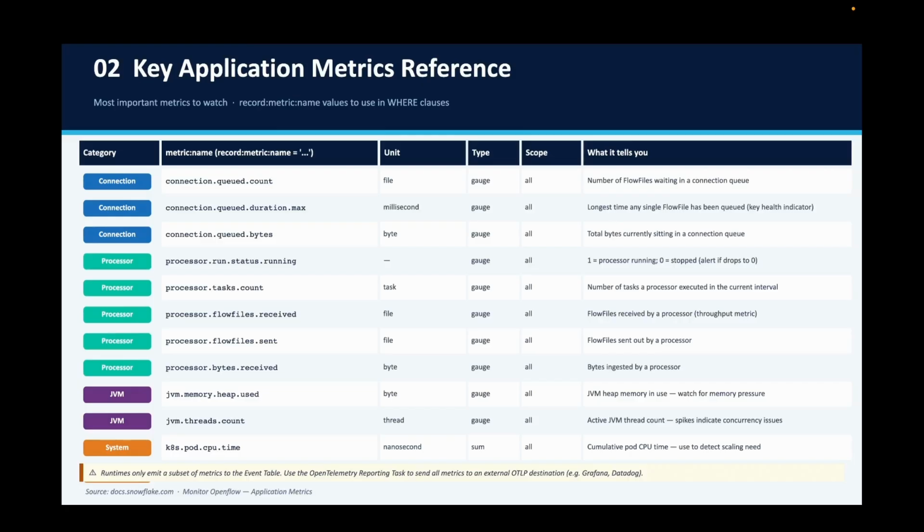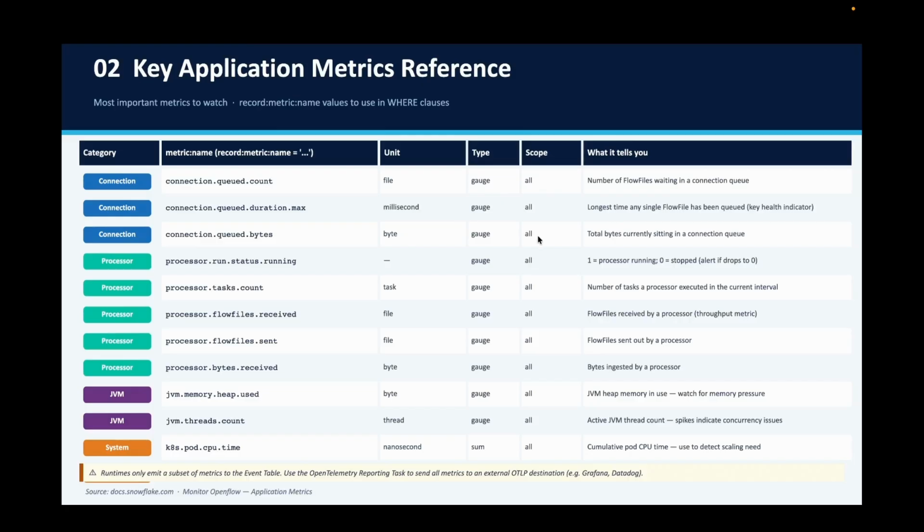Let's say if I want to fetch connection information, you'll see under metric name, connection queued count, connection queued duration max, connection queued bytes. These are some metrics that I can fetch related to connection, and the corresponding unit is given here if it is file or millisecond or byte size, and the type of that particular metric is gauge,